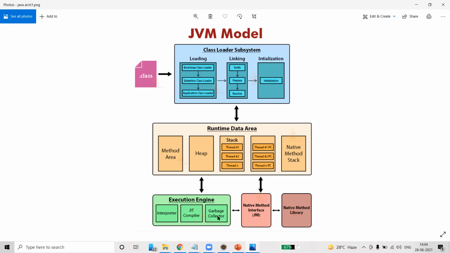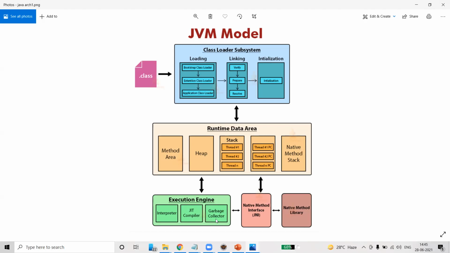Then how do these objects play a role in memory management? Actually, each and every object gets stored in heap memory and also stored in stack memory and method memory. Whenever we create an object, it occupies a lot of memory. This can be resolved by using a garbage collector. Clear? So JVM invokes a garbage collector internally. As a programmer, we can also invoke garbage collector explicitly. That I will explain once you get into the coding.